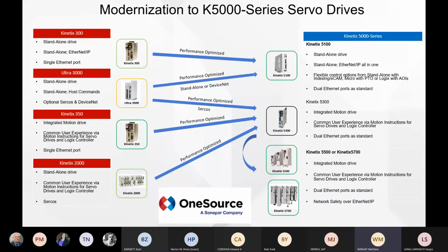And just so you know, the 5100 is one of the newer drives that does support PTO, pulse train output, step and direction, besides being controlled over Ethernet. And all the newer drives have dual port Ethernet standard, so they support DLR